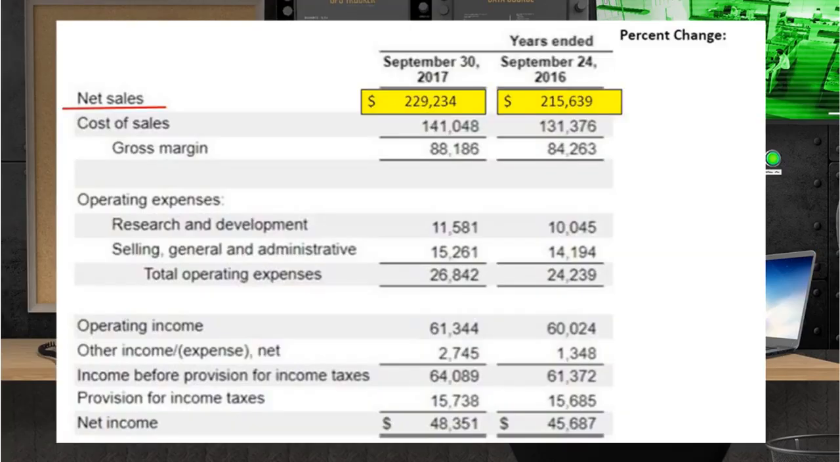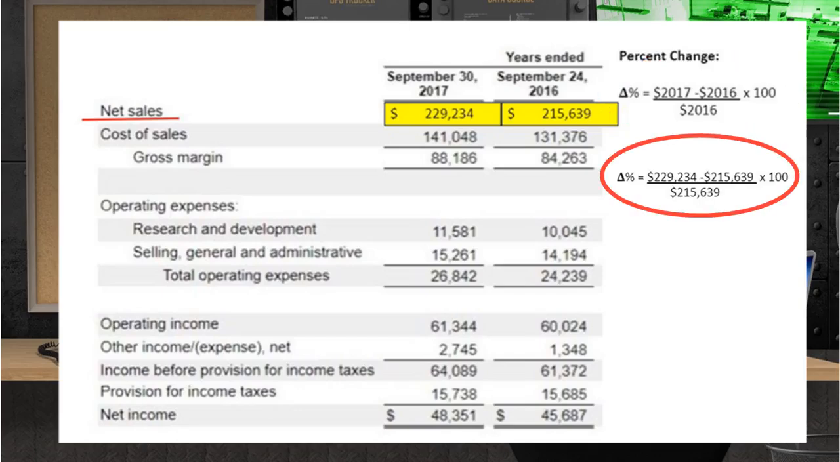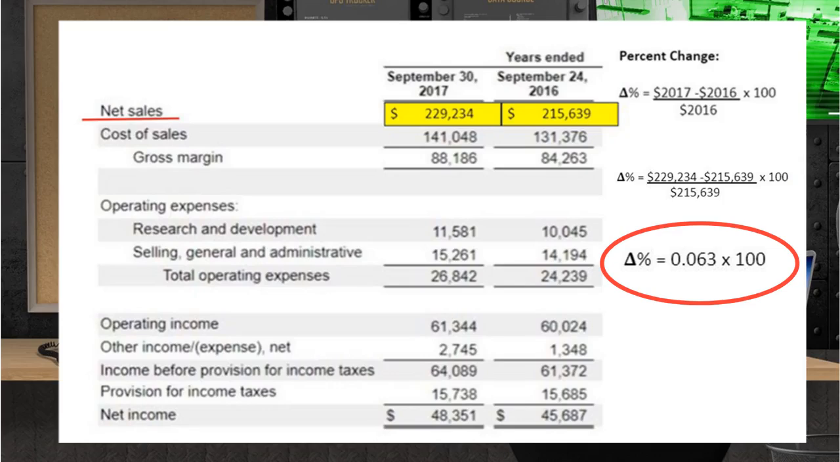You can see the 2 years side by side on this P&L. Let's calculate the percent change of net sales, so we'll know how much change occurred. First, we take the net sales number from 2017, subtract the net sales number from 2016. Then, we divide the difference by the net sales of 2016, multiply by 100 to get the percentage. In this case, after working the equation, we get a percent change of 6.3% increase from 2016 to 2017 net